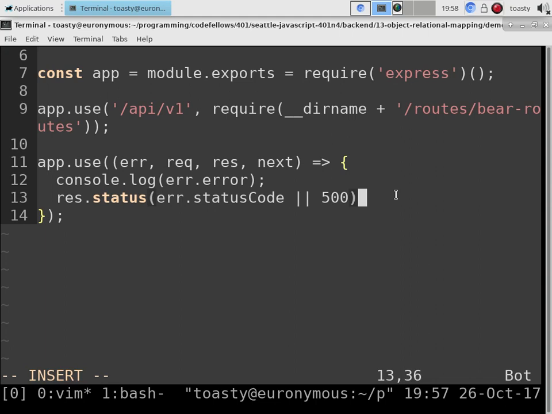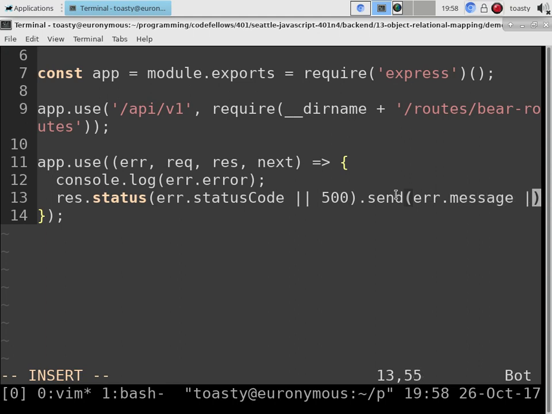Not finding a page isn't really an error in the way that we think of the error handling middleware. It's just a page that wasn't found. If we wanted to create a 404, we'd do an app.all to /star as a catch-all at the very end of this. We'll make one of those, but not right this moment. And then we'll res.send